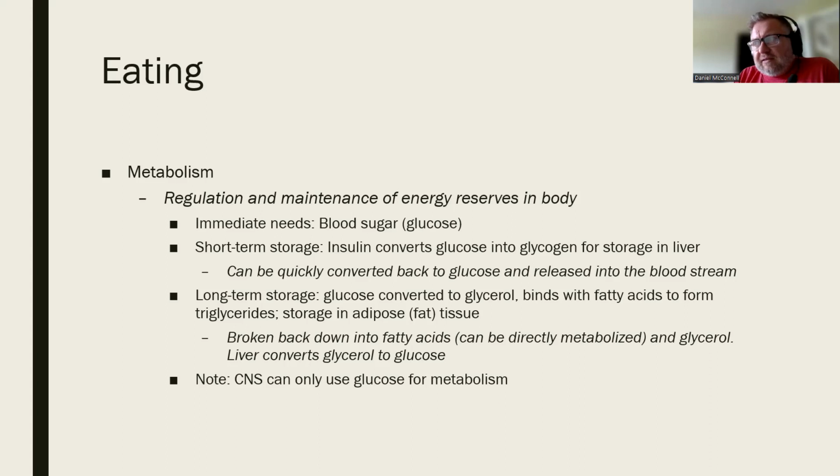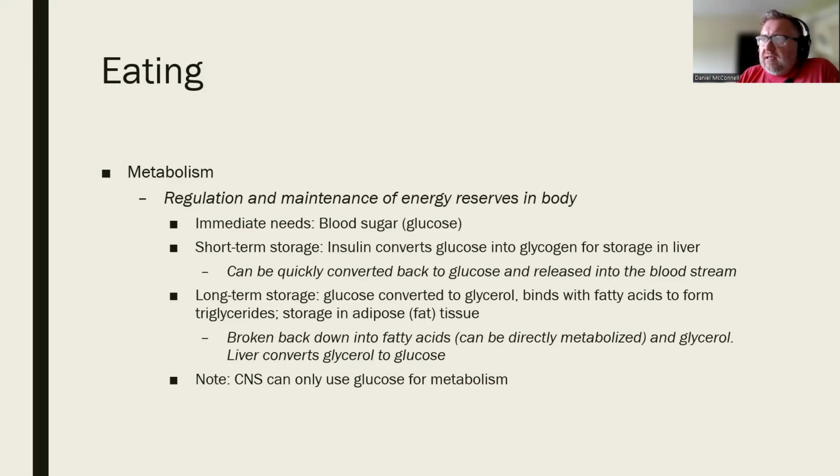So in order to create body fat, now the excess glucose is converted into another chemical, glycerol, that combines with fatty acids to make triglycerides, and then the triglycerides are used to form adipose tissue, which is body fat, right? Now, body fat can also be broken back down to blood sugar through a long convoluted process. Some of it can also be directly metabolized by cells of the body as well. But the problem, though, again, is that this is a fairly slow process, and the breakdown of body fat back into metabolizable constituents takes hours and tends to only happen when we're sleeping, really, for the most part.